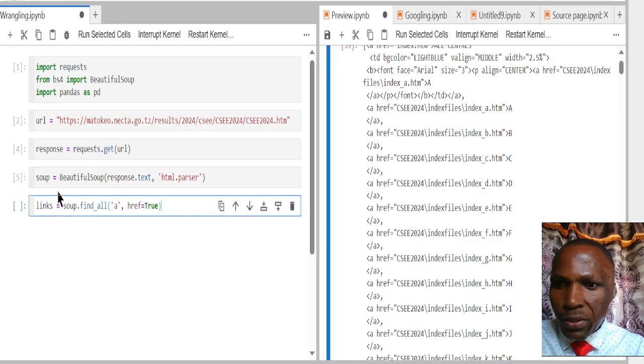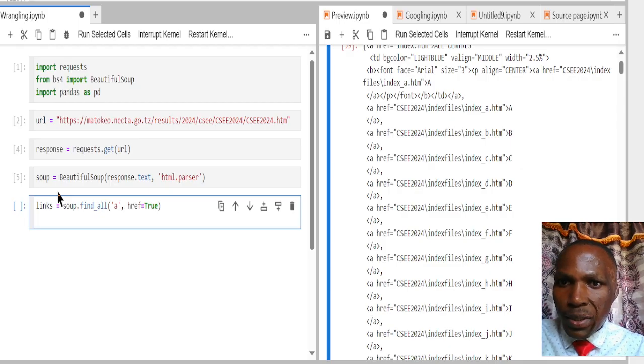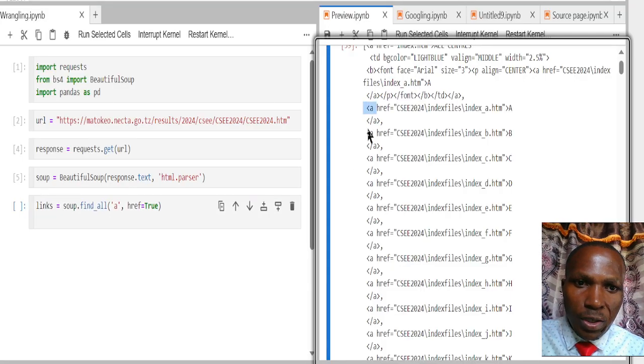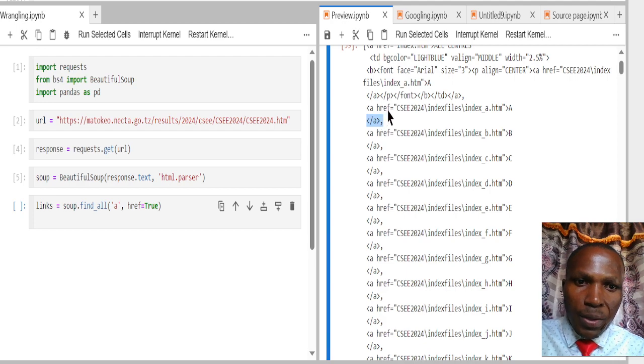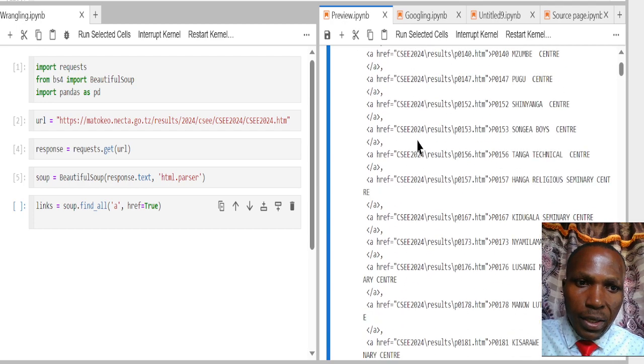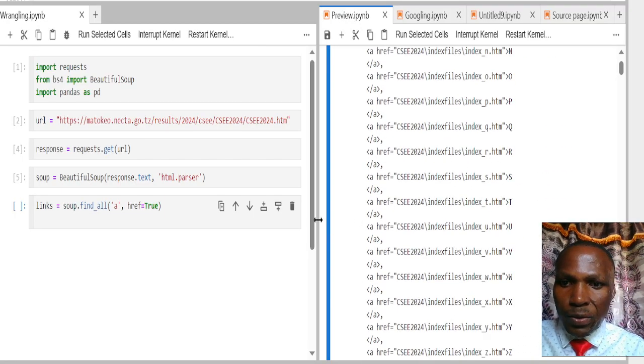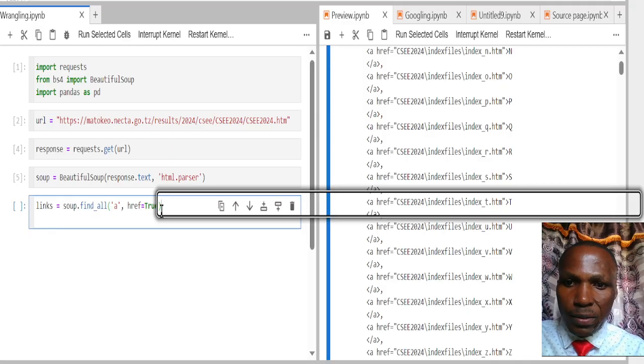So let's find all a elements with the href attribute in the web page. As you can see here, we are going to fetch and display these a elements with the href. So to do that,